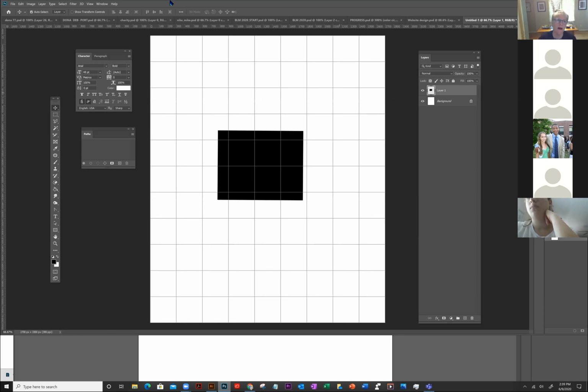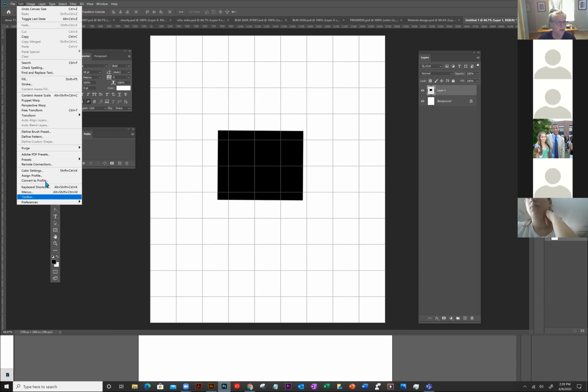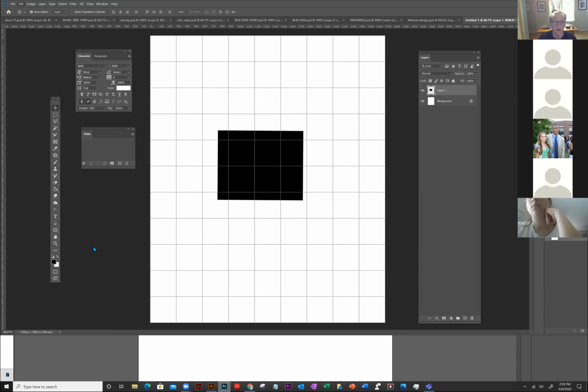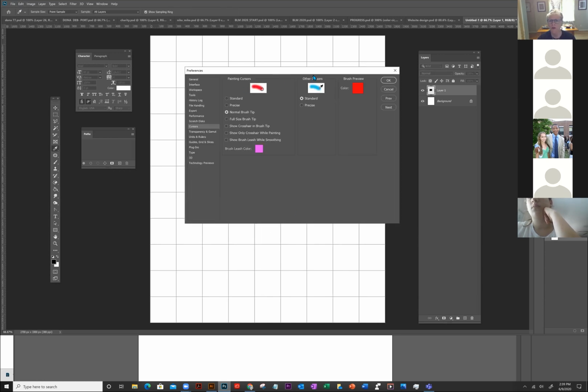And so you can have some of the other things that are important under preferences. Number 1, your cursor. Sometimes your cursor is not showing what you want it to be. You want it to be the brush. You don't want it to be this one. So it's important to know which toggle you have. The other thing about brushes, to give you a heads up, is that, and maybe they fixed this, I don't know, but